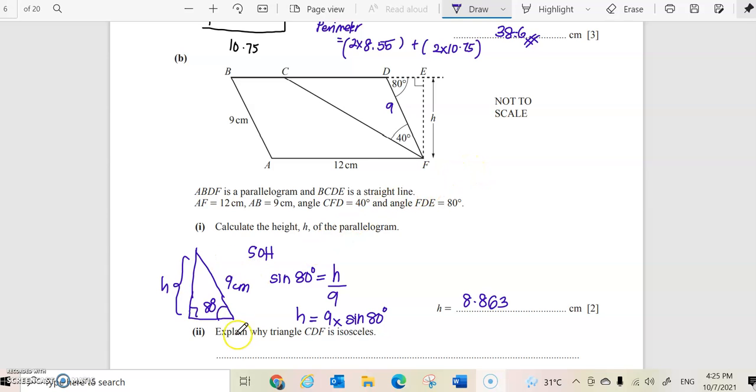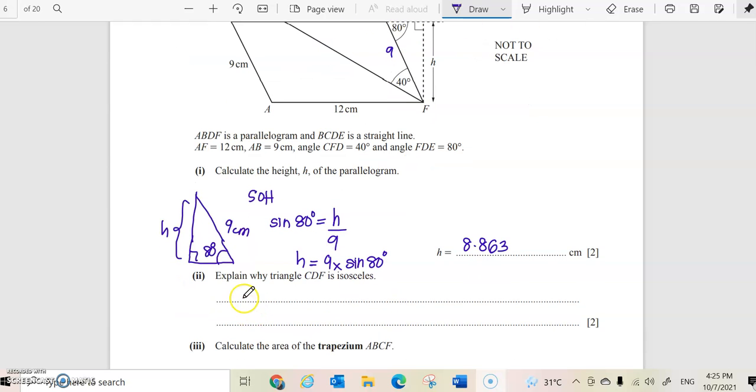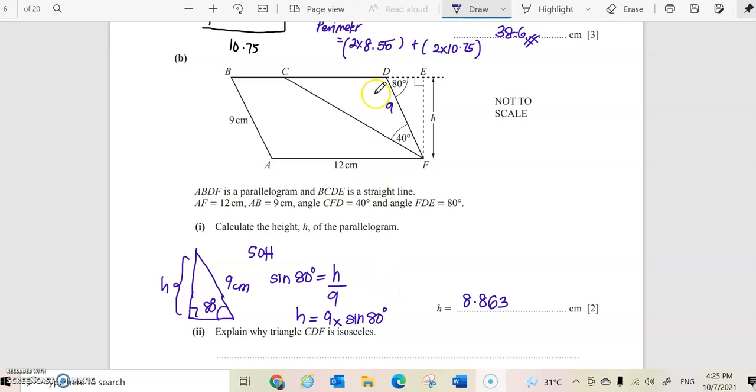Okay, so for this one, this is a right angle triangle, so we use sine. So we have sine 80 degree, and then equal to the opposite part, which is the height, over the hypotenuse 9 centimeter, and then we get 8.863 centimeter. Okay, next question is explain why triangle CDF is isosceles. Okay, so from this part,